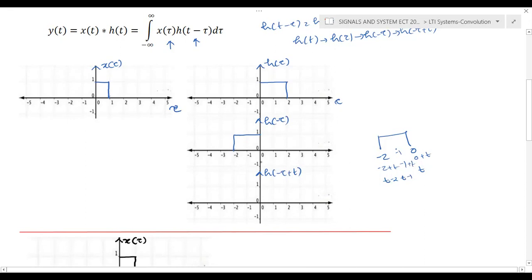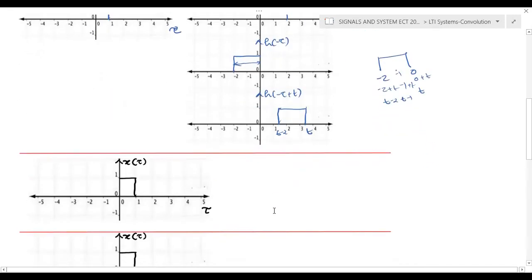But in this particular problem, we need only the extreme points. So again, we don't know the value of t. Either you can draw the waveform towards the right or left. So let it be here. And again, the width of the pulse is here 2 units. Total is 2 units. When you draw t here, then t minus 2 will be here. This is h of t minus tau. This is the waveform. It's 2 units. We don't know the value of t.